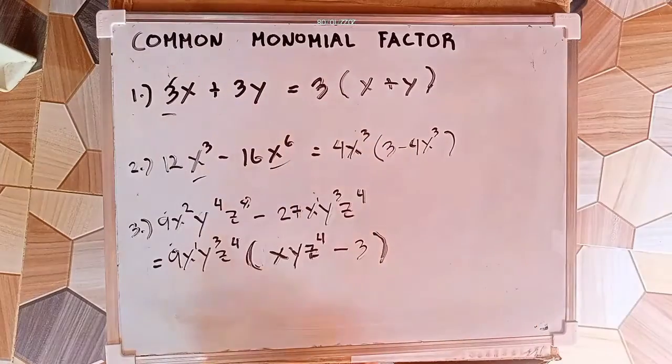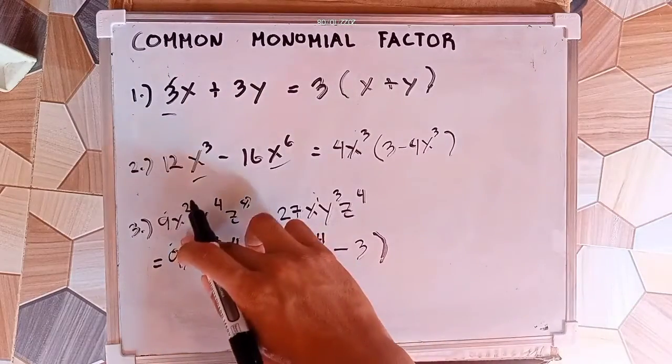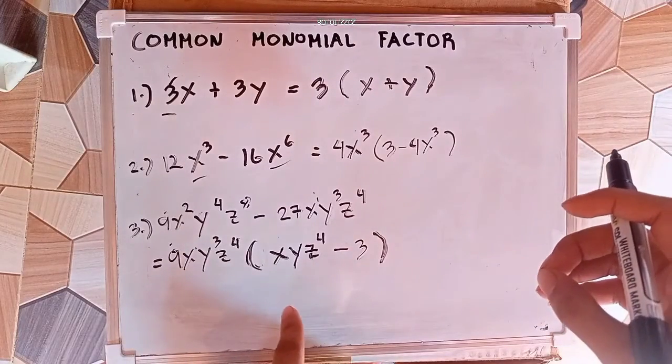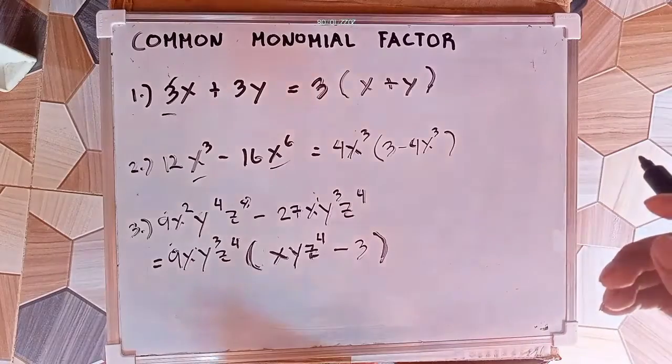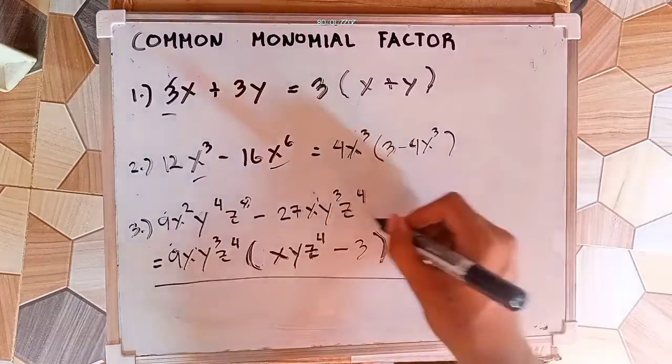So therefore, our answer for number 3 is simply the factored form: 9x squared y cubed z to the power of 4 times the quantity xyz to the power of 4 minus 3. So therefore, this will now be our final